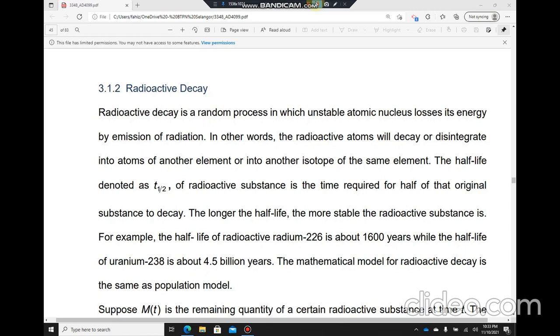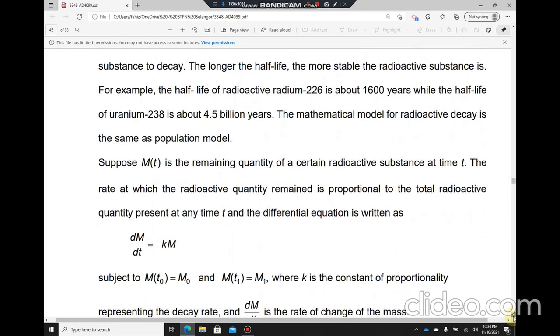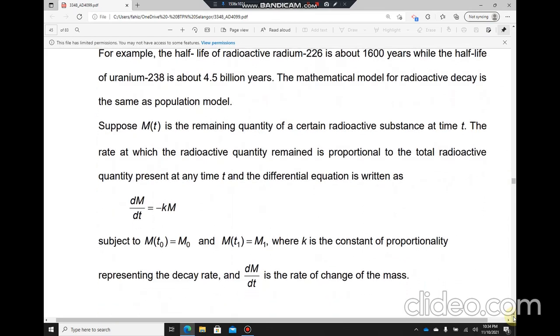For example, the half-life of radioactive radium-226 is about 1,600 years, while the half-life of uranium-238 is about 4.5 billion years. The mathematical model for radioactive decay is the same as the population model. Suppose M(t) is the remaining quantity of a certain radioactive substance at time t. The rate at which the radioactive quantity remains is proportional to the total radioactive quantity present at any time t,